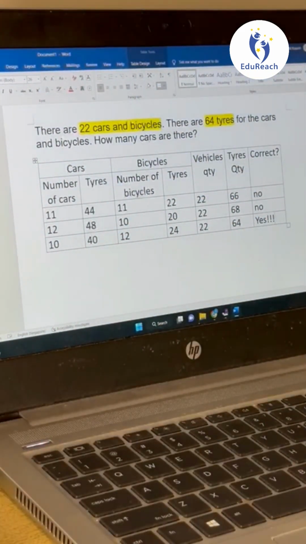So got it? You need to go slow here. Just now I did half because that was the easiest for us. And then you go a bit lower or higher based on this, but always remember the number of vehicles needs to be correct, and the number of tires needs to be correct. So this is what we call